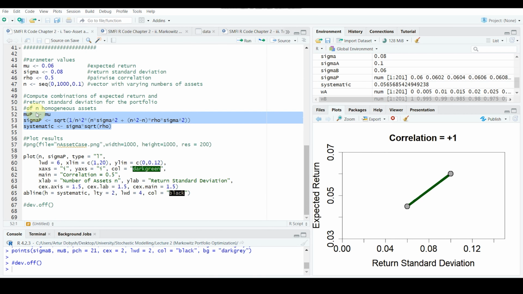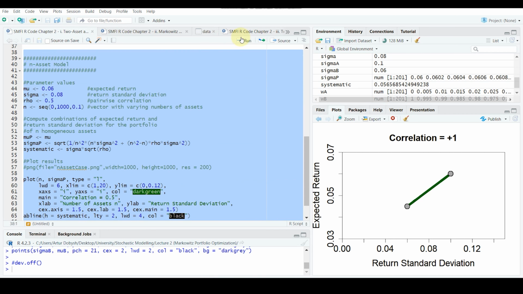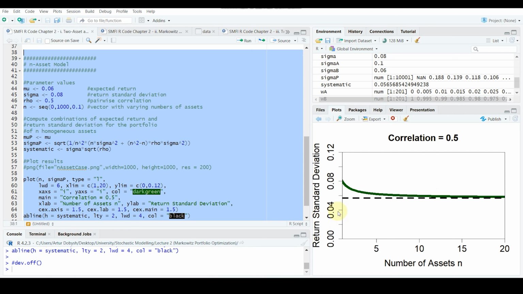Here, these are our formulas for computing the return and standard deviation of the whole portfolio as before. And let's have a look at the graph now. It's called the n-asset model. As soon as we increase the number of assets, we're able to reduce the standard deviation as well, because we are able to diversify this risk that I've shown you previously much better, because now we've got a whole range